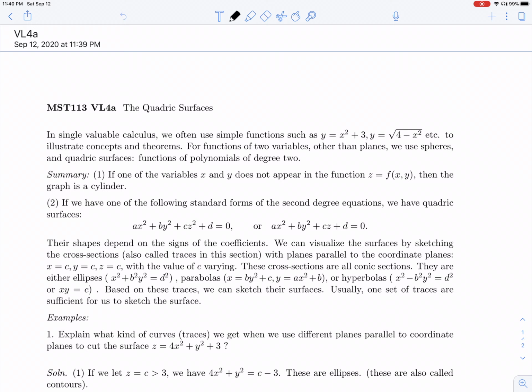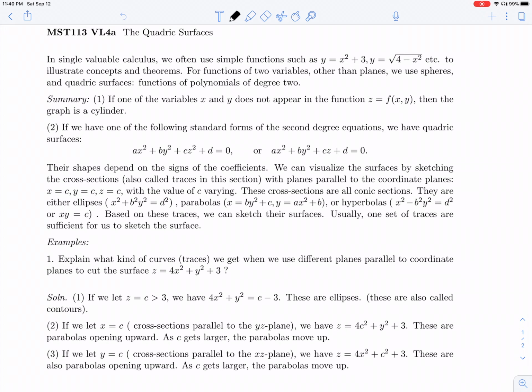All right, let's look at the last section of chapter 12. We have touched this topic earlier, so we will just review what we have done. So in this section, we discuss systematically the quadric surfaces. Okay. In the textbook, we actually mentioned also in class that